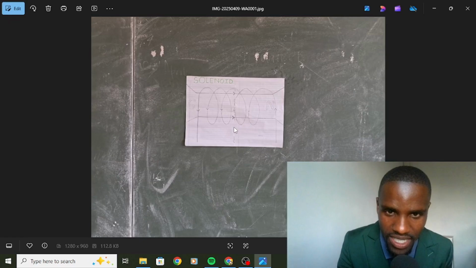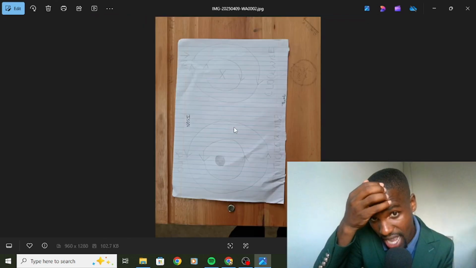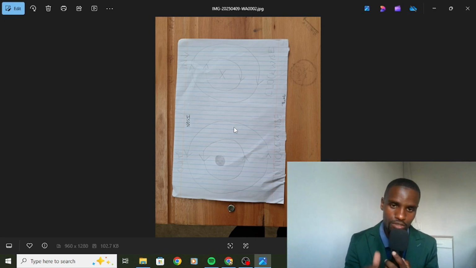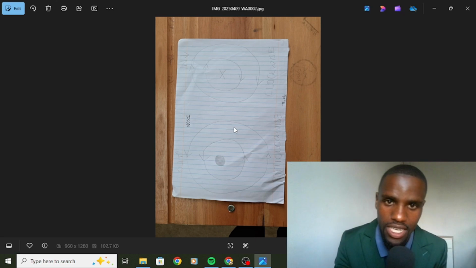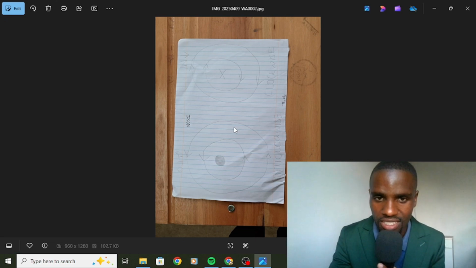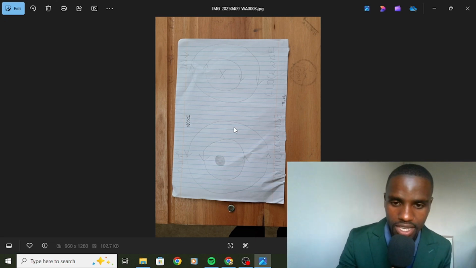These were the photos. As much as this is not visual, this is a solenoid that was drawn by the learners. This is the wire, the one with the dot in the center. It shows that the current moves out of the page, and across, the current moves into the page. Then they had to determine the direction of the magnetic field around those wires using the right hand rule.